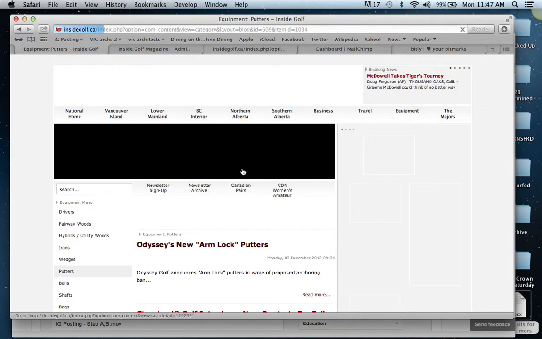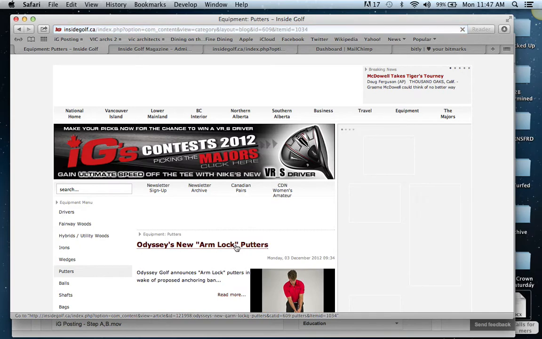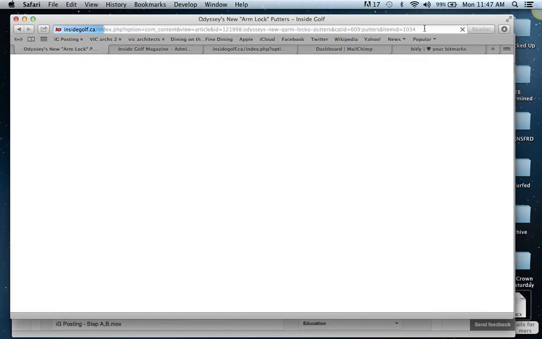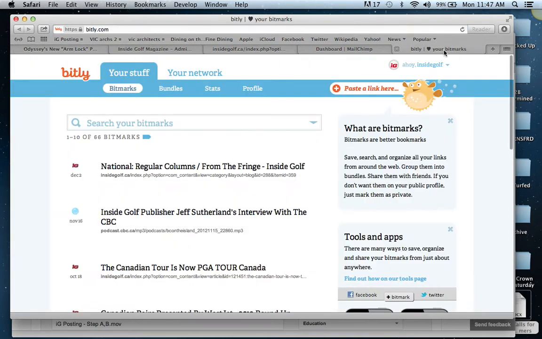You have to do this from the list of all the articles with their teasers as soon as it shows up. You can't do it from this point. You have to click on this and go to the article, okay? And I don't have to wait for it to load. I'm going to select the entire URL address, copy it,